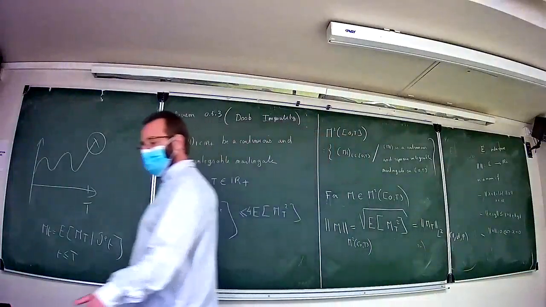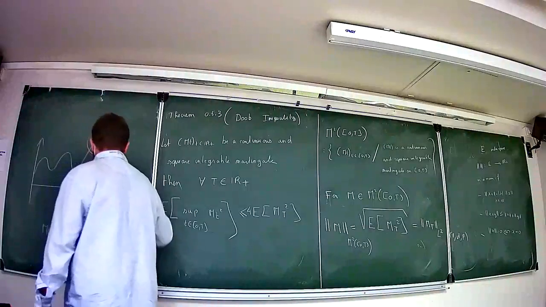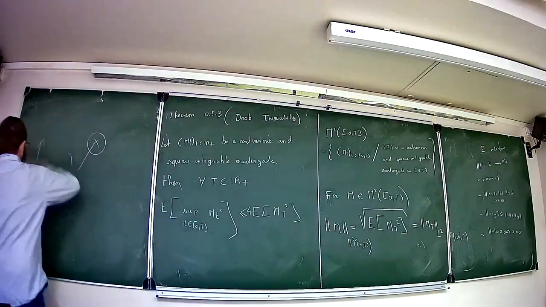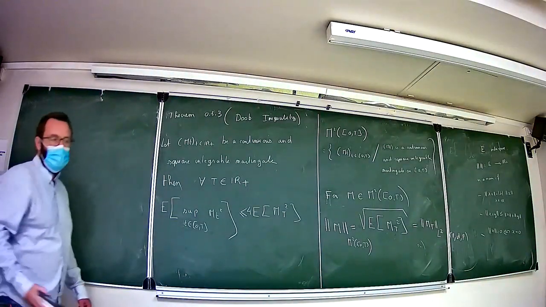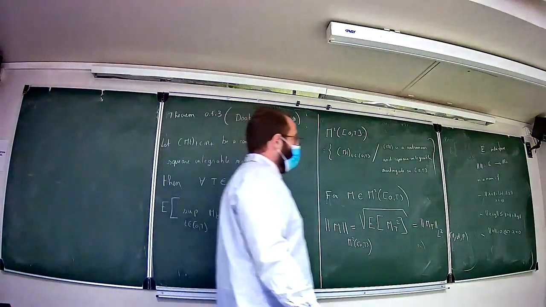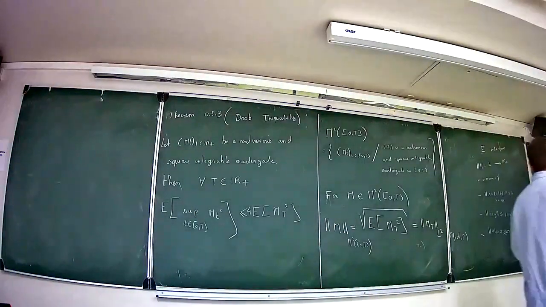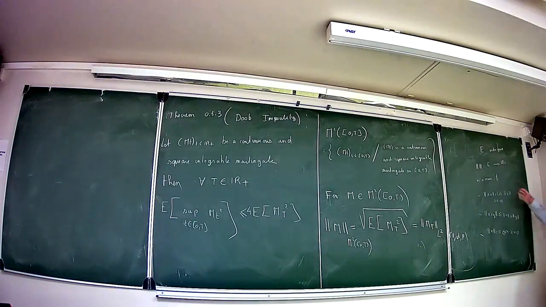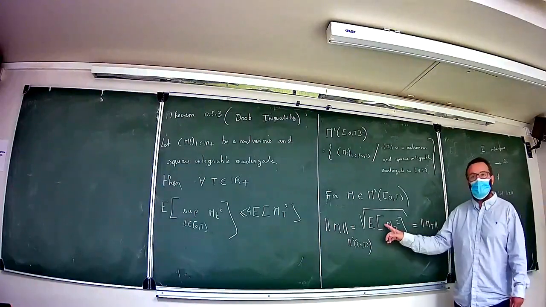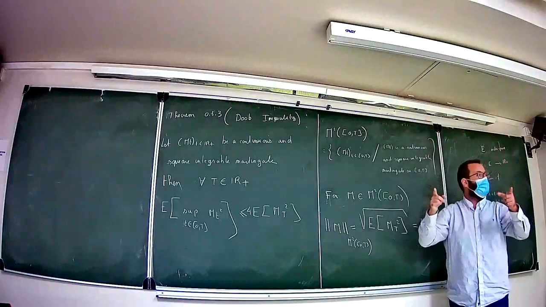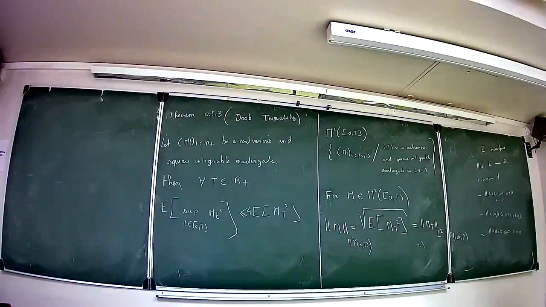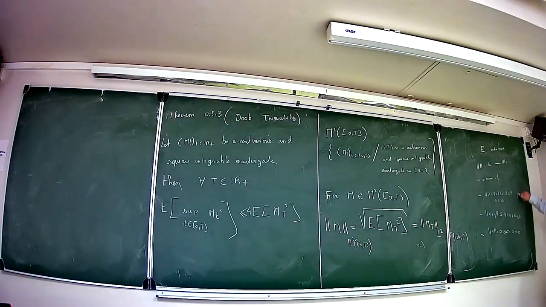So why do I have a norm? In fact, only one point is a problem for me. Which one is a problem, and why are the others not? For the homogeneity, no problem. Multiply, we will have lambda square, then the square root, so you obtain the absolute value of lambda. Classical. Okay, so for the homogeneity, if you have a martingale and you multiply it by lambda, you have the absolute value of lambda outside the expression. So for this one, no problem.